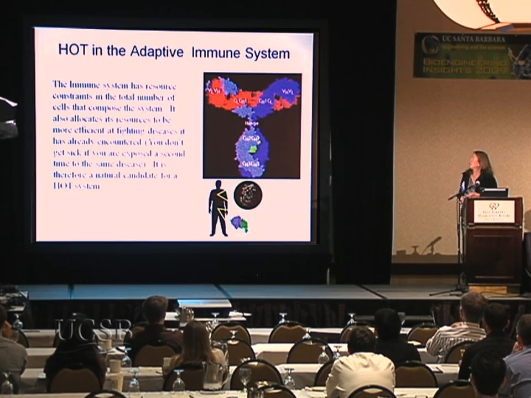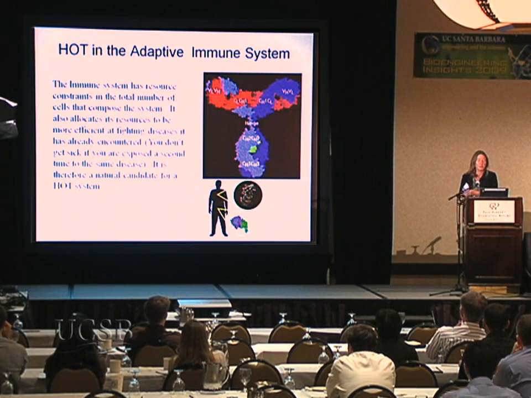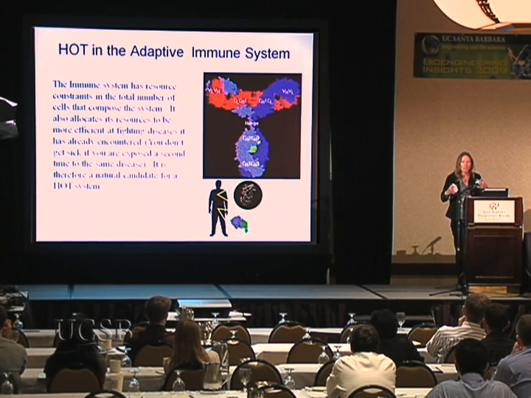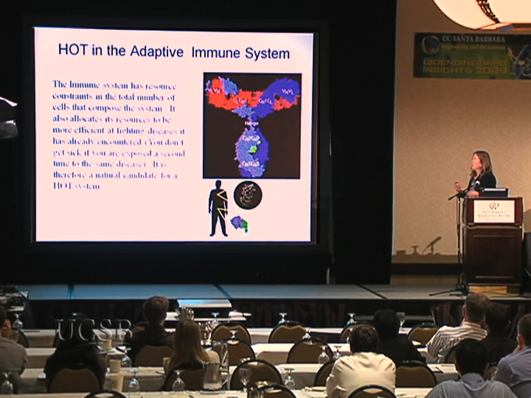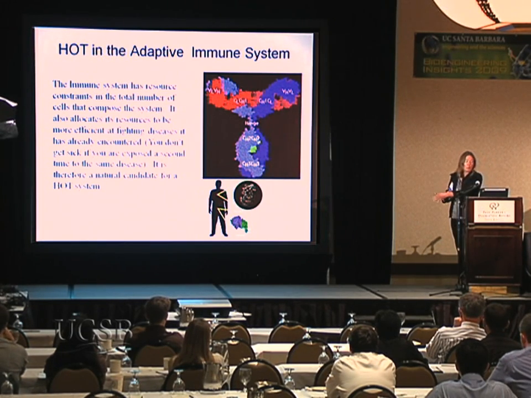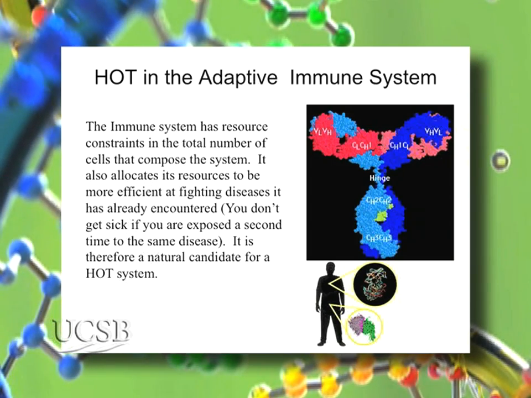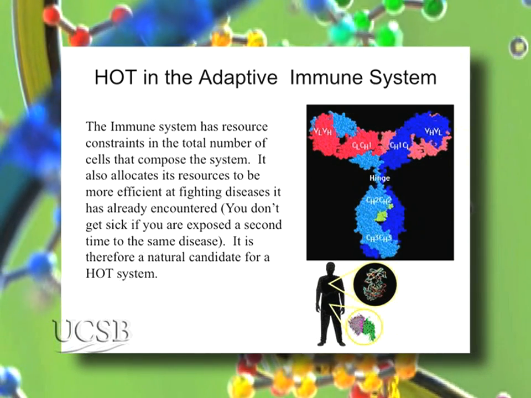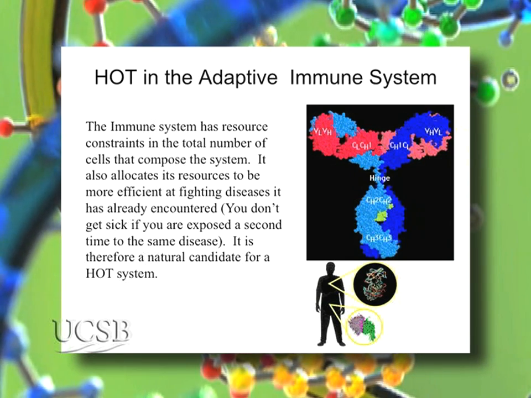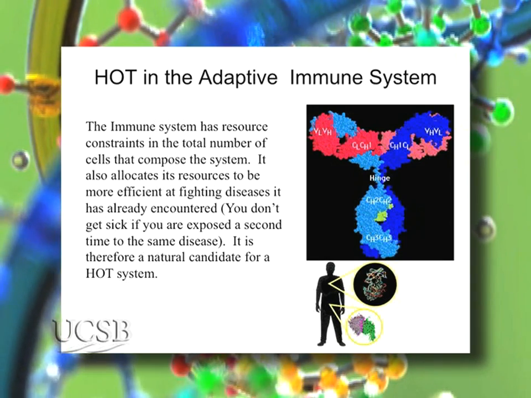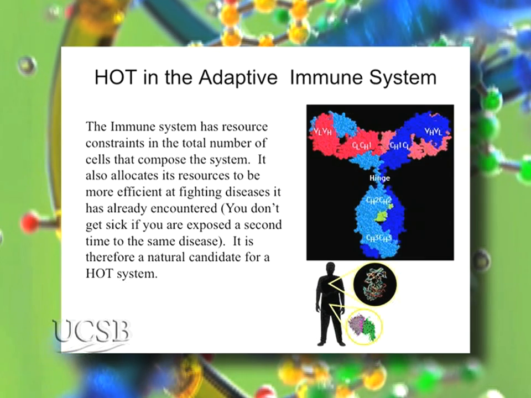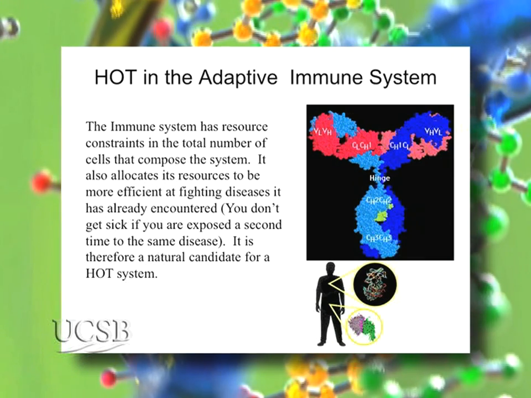Okay, so what about the adaptive immune system? Well, we started looking at this saying, oh, this may be an interesting candidate, because in the body, the immune system is something that adapts on the real time of the organism. So you can look at these trade-offs associated with adaptation, past infections, and so on, in real time, and see the development of structured complexity which reflects aspects of the environment. So the simple idea is that the immune system has some constraints on its resources, number of cells, say, and it allocates its resources in ways that will be efficient at fighting common diseases. So like she was saying with the flu, you don't get sick as much if you're re-exposed a second time to the disease. Maybe that's true here, maybe not so true for the fungus and the frogs, but in any case, this is a natural evolution of the adaptive immune system,